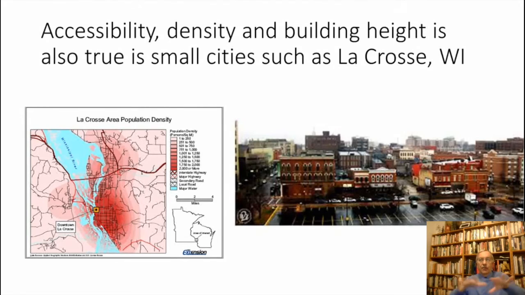So you got to stick 2 or 3 floors there instead of just one to get the value of the land back. Now that being said, there also is, I should say, particularly in big cities,